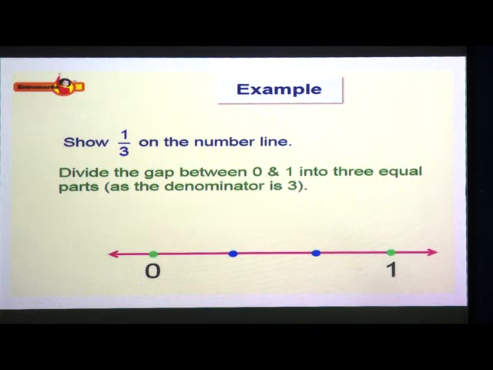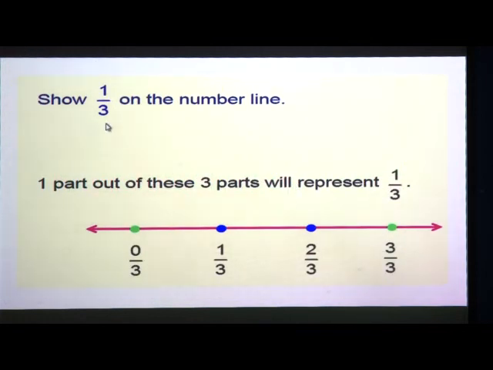See here, between 0 and 1 we have the 3 gaps, 1, 2 and 3. Now, how will we denote it? We have here 0 upon 3, then 1 upon 3, then 2 upon 3 and this is 3 upon 3. These are the 3 parts which we have given in the gap between 0 and 1. So, this is the 0 and this is the 1. Why 1? Because 3 gets cancelled and it is the one whole.